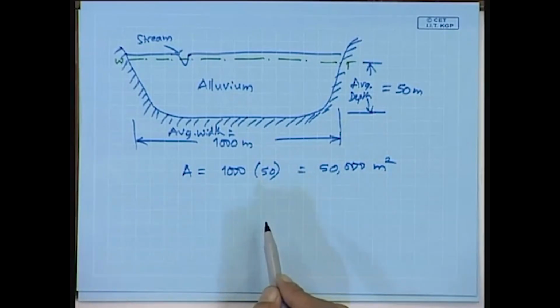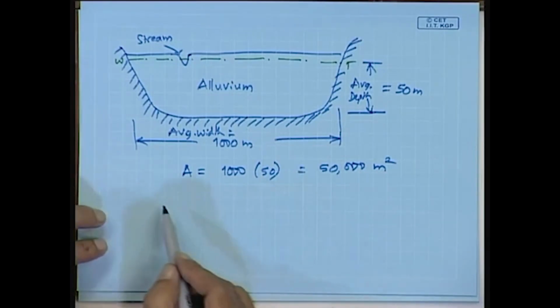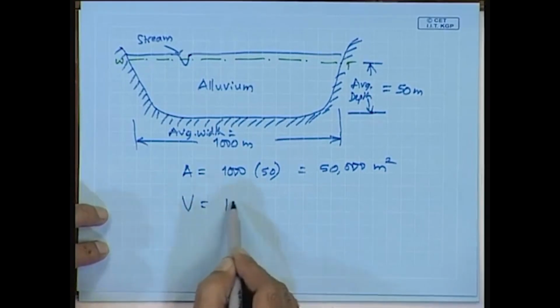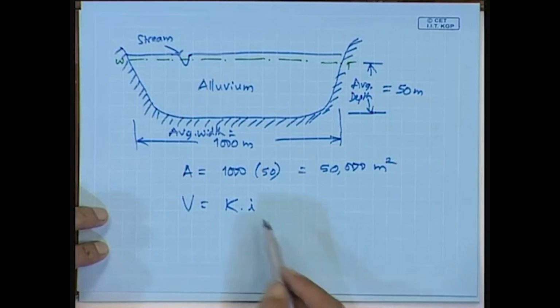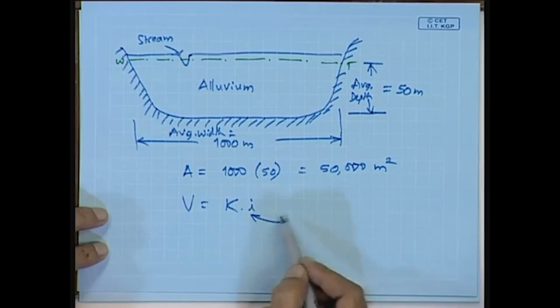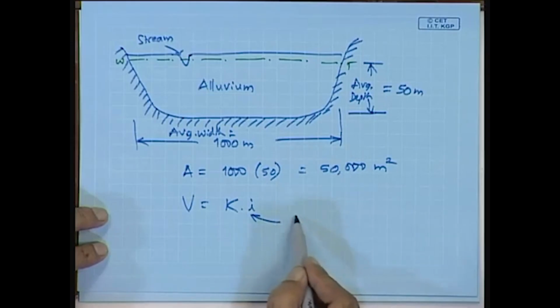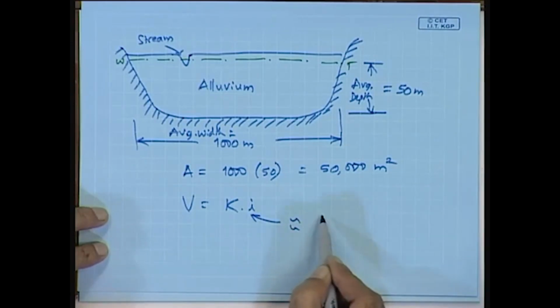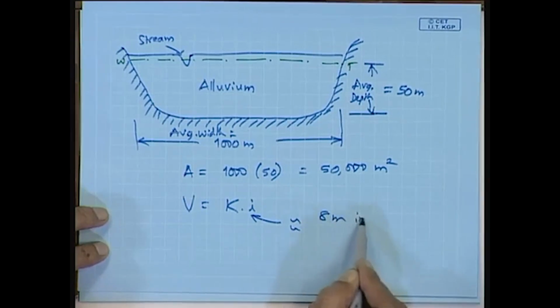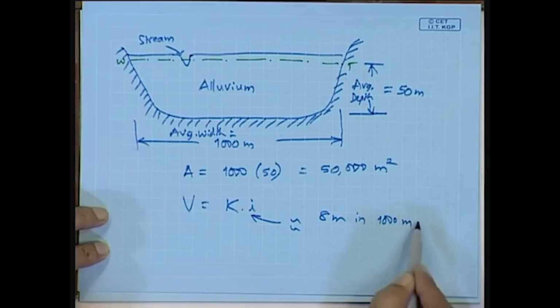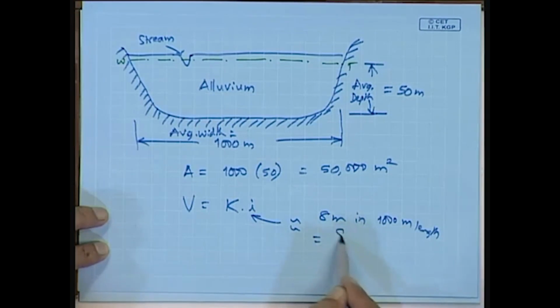if we multiply this by the groundwater flow velocity given by the Darcy's law, which is K into I, and suppose the hydraulic gradient is say 10 meters or say maybe 5 meters, let us take this to be 8 meter in 1000 meter length. So, this will be 8 divided by 1000, which is 0.008,